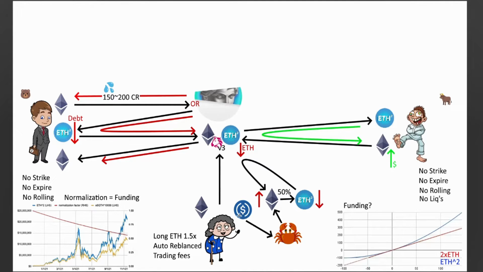So what that does is it takes USDC. So let's say Graham is crab. So she takes USDC and she supplies it to the crab vault. Now the crab vault uses that USDC to buy ETH, right? So she's long ETH, right? However, it takes half of that ETH, right? And